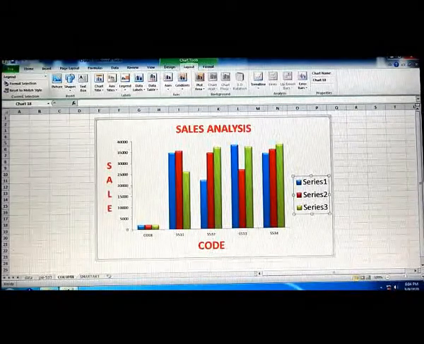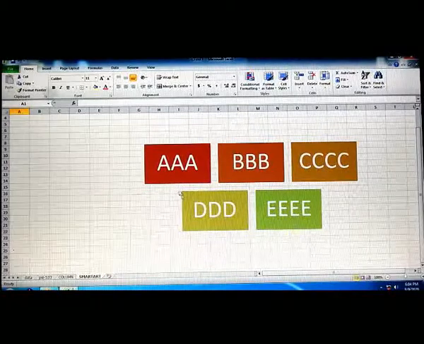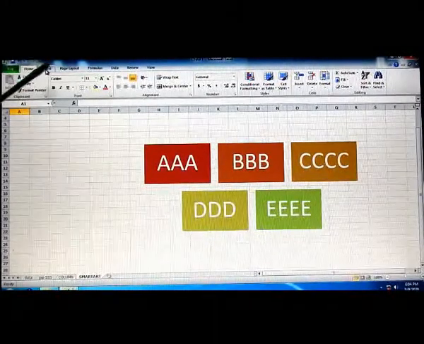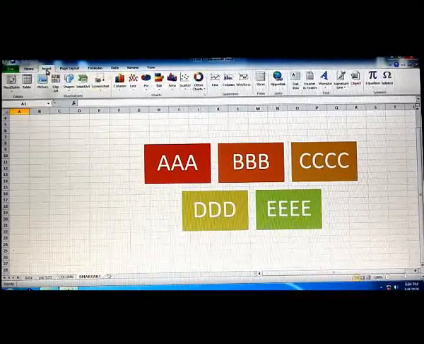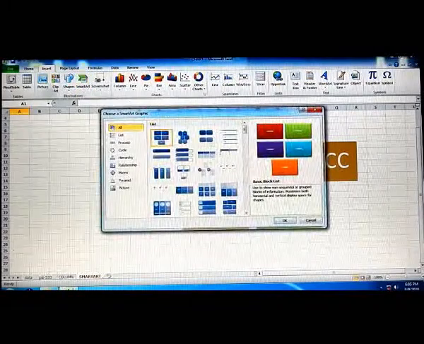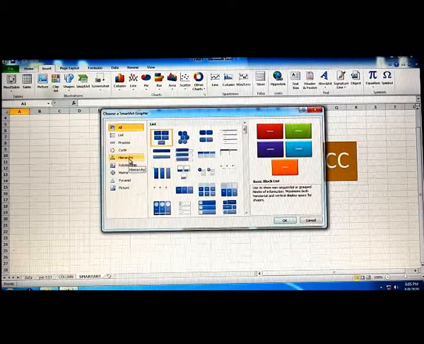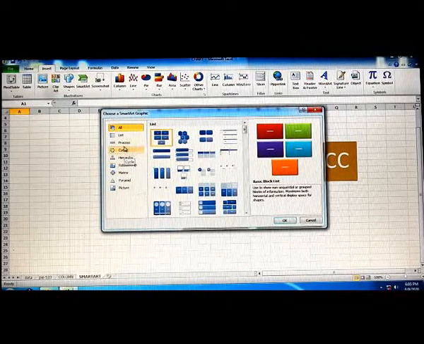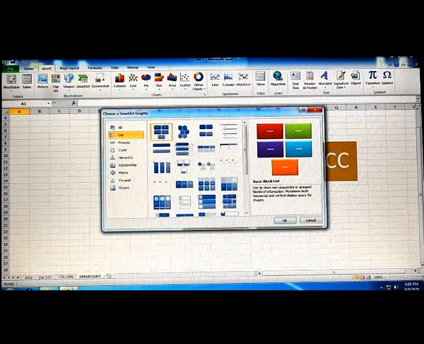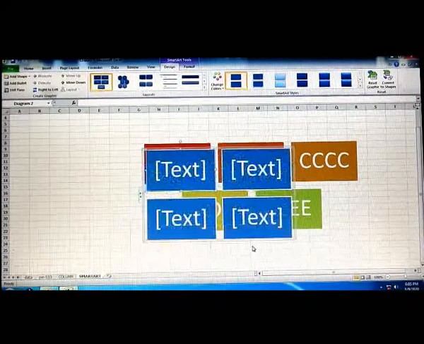Now our next topic is smart art. So students, you can see this is the smart art. How to insert the smart art? Click on the insert option under the menu tab. Then there is a smart art button. Click on that button. Different types: all, list, process, cycle, hierarchy, relationship, all are there. Select any one type and then select the subtype. Then it will appear. So I am deleting this first of all in front of you.